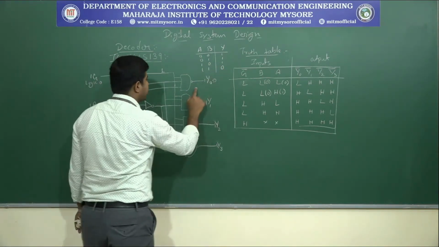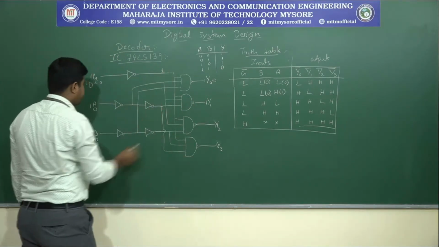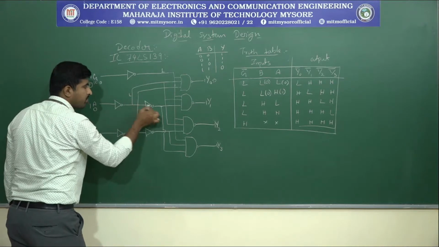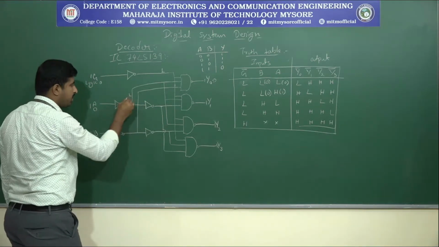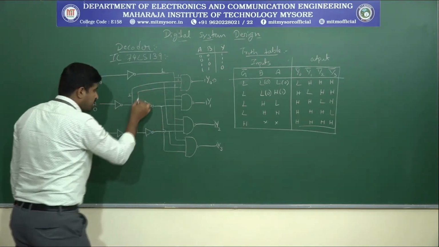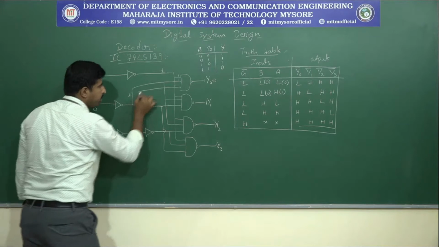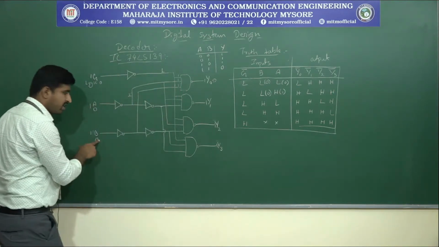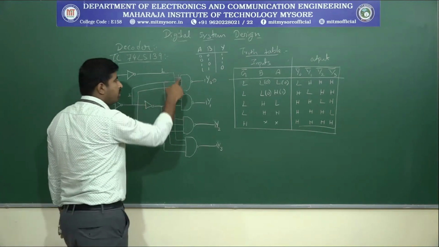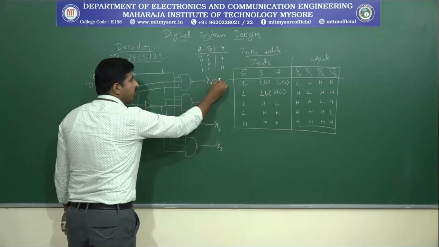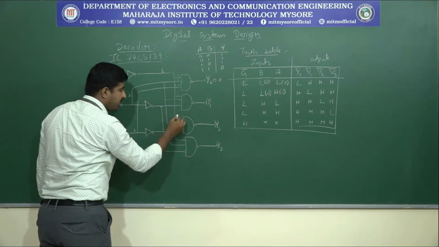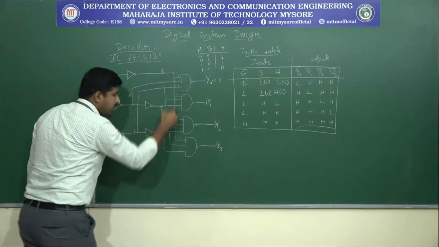Similarly for this one, here will be the logic 1. When you give a logic 0, this will be the logic 1, and the same thing will appear here. This is logic 1, this is logic 1. Similarly, this is connected to B, which is also logic 1. We are giving a 0, so inverting, this is 1, and this will appear here. When all the inputs are 1, then the output will be 0. If you consider this one, here is logic 1, here is logic 1, here is logic 1, according to this line.